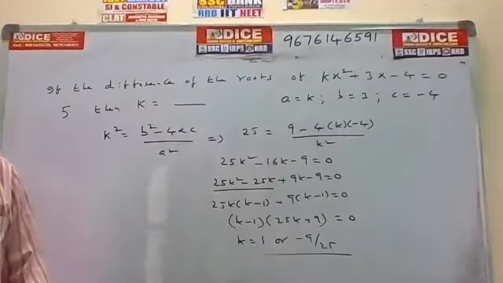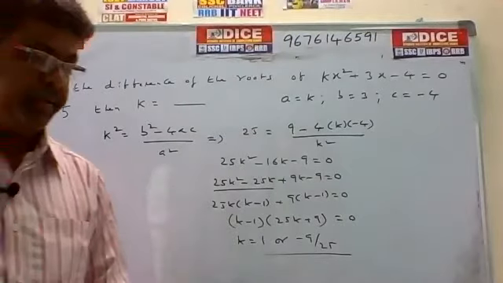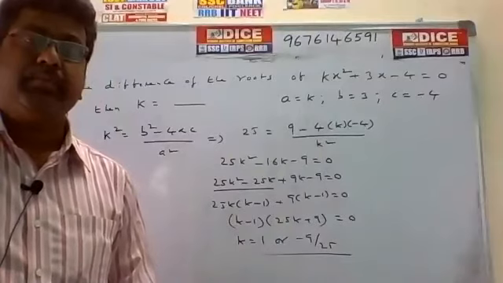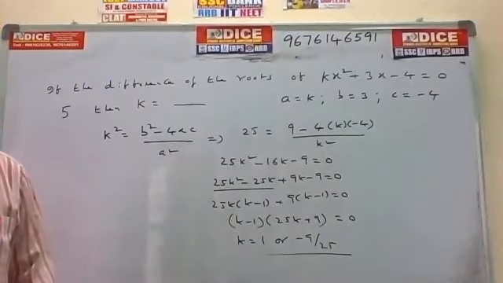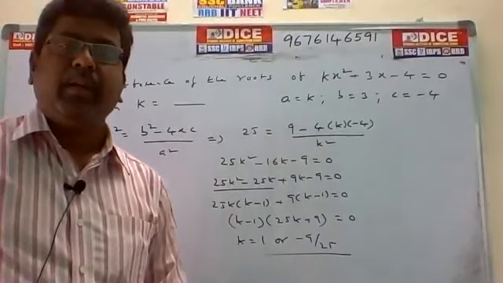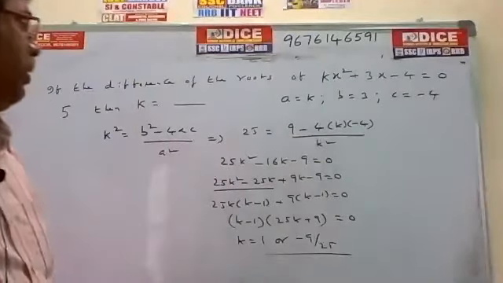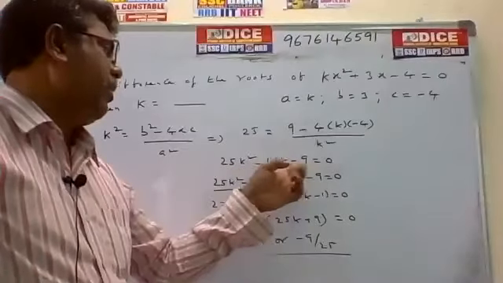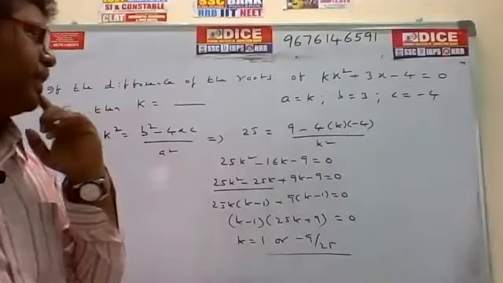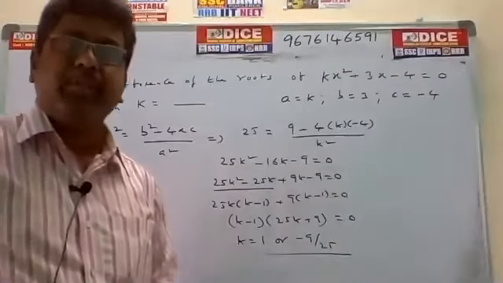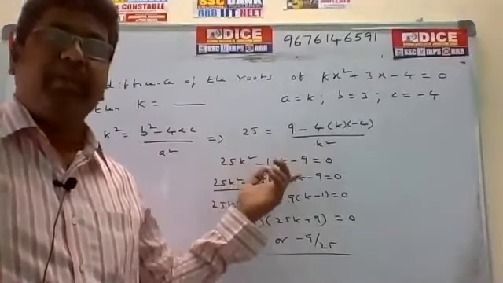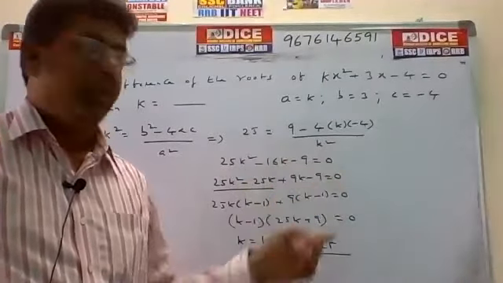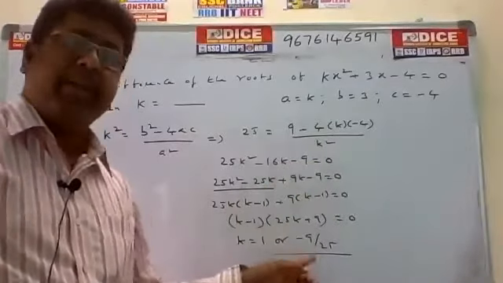After writing, please give me yes. What about others? Only Bhavani can answer. Yes. H1 says that A plus B plus C is equal to 0 is the condition here. Very good answer from H1. You can take the A plus B plus C condition also: 25 minus 16 minus 9, so the value is 0. Then the roots are 1 and C by A. 1 means 1, and C by A means minus 9 by 25. Very good.